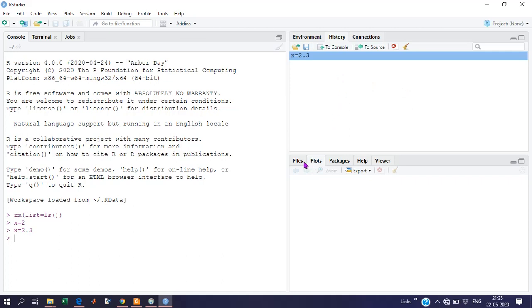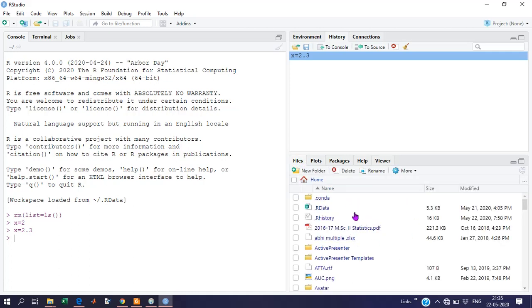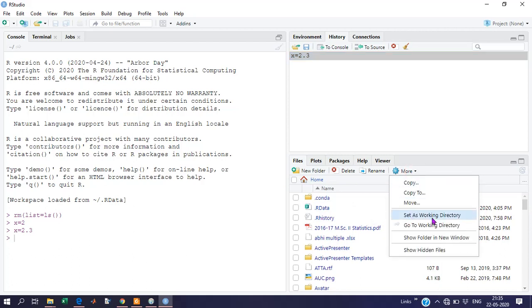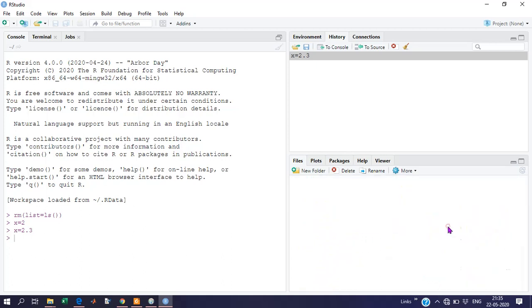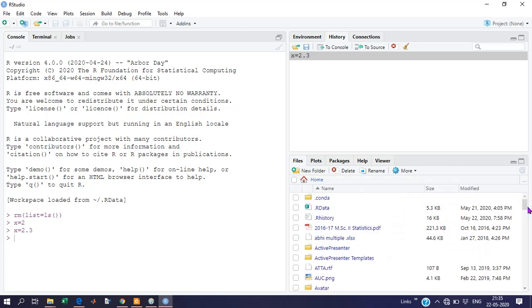Another window is Files, showing whatever folder we are working on. For example, to set a working directory, go to Set as Working Directory, Show Folder in New Window. What is a working directory? We haven't set any working directory here.